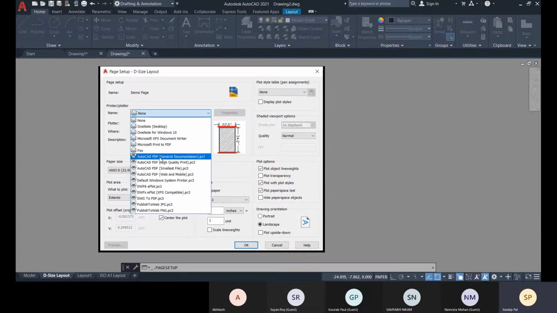That's the simple one. And here you go with this DWG to PDF, where you want to export it as a PDF file, so you can choose DWG to PDF. If there are any particular settings you need, for that DWF is there. It's like a drawing web file, DWF, drawing web file, so that you can choose. You can go with this AutoCAD PDF, high quality, smallest file. These things you can choose. So mostly we choose DWG to PDF,